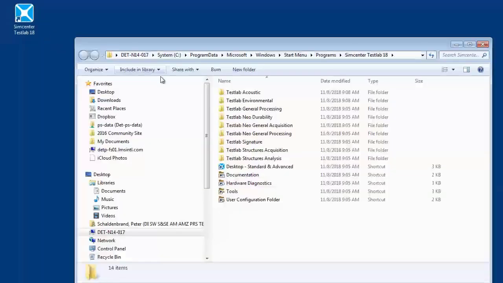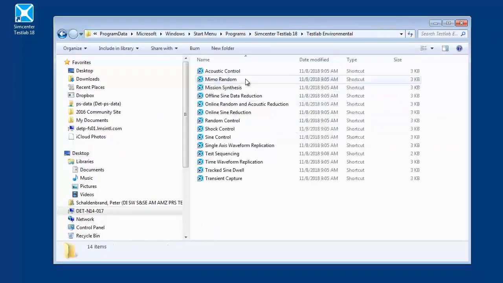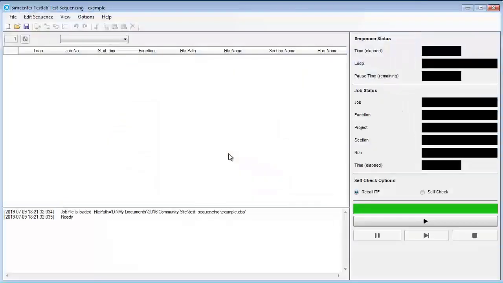In this video, we're going to talk about SimCenter Test Lab test sequencing. It's part of the environmental product line that does vibration control tests. I can go in here and just start up test sequencing. And what test sequencing allows me to do is run multiple different types of vibration control tests sequentially on the